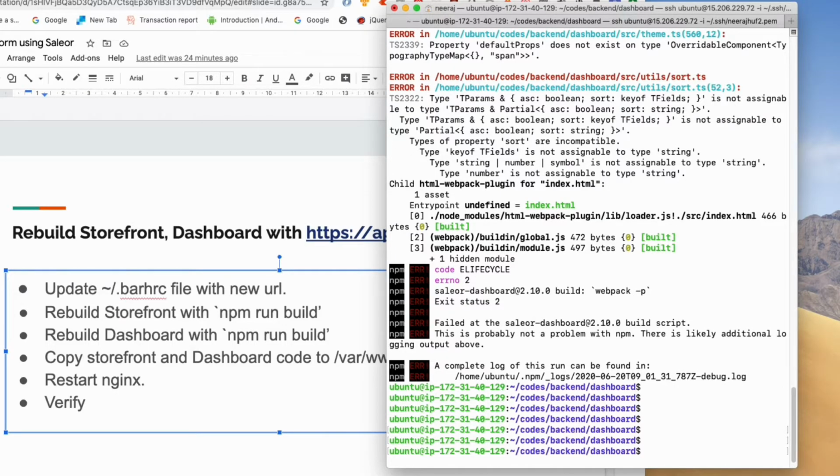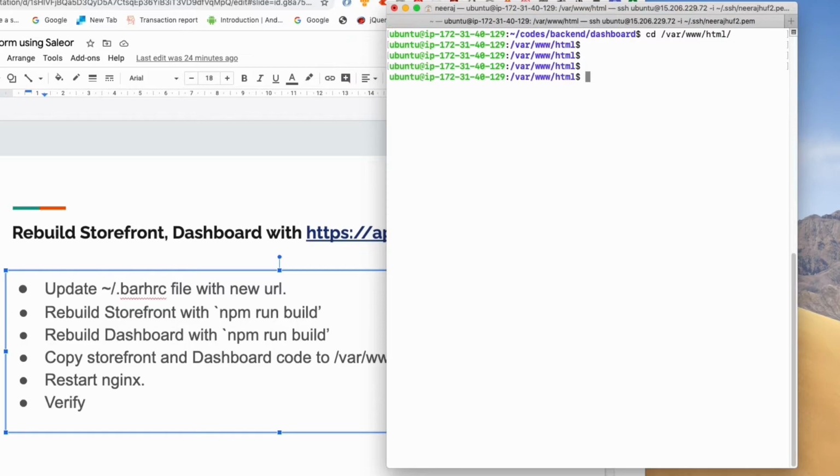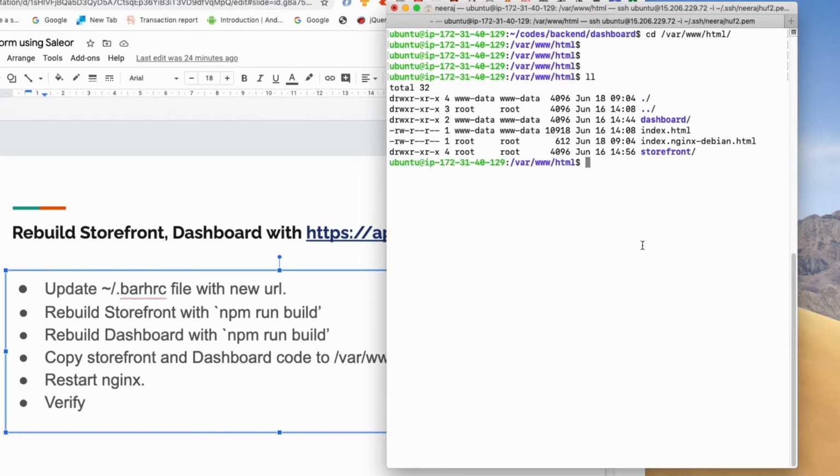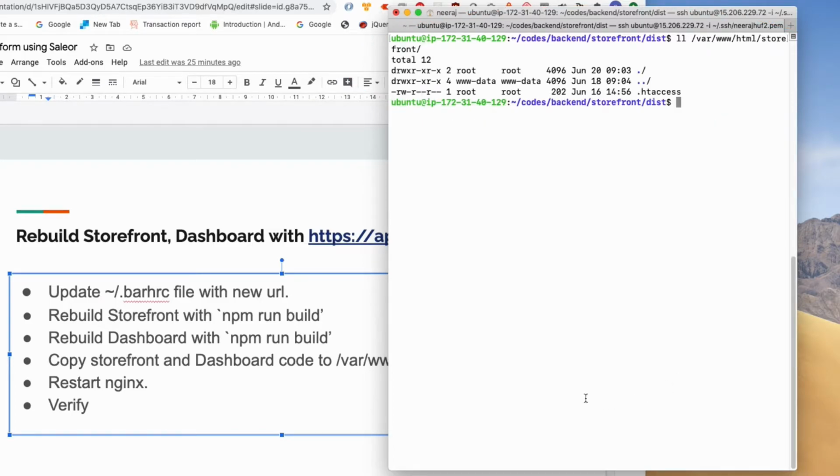As a next step, I am going to copy both dashboard and storefront. I have removed all the files from storefront.